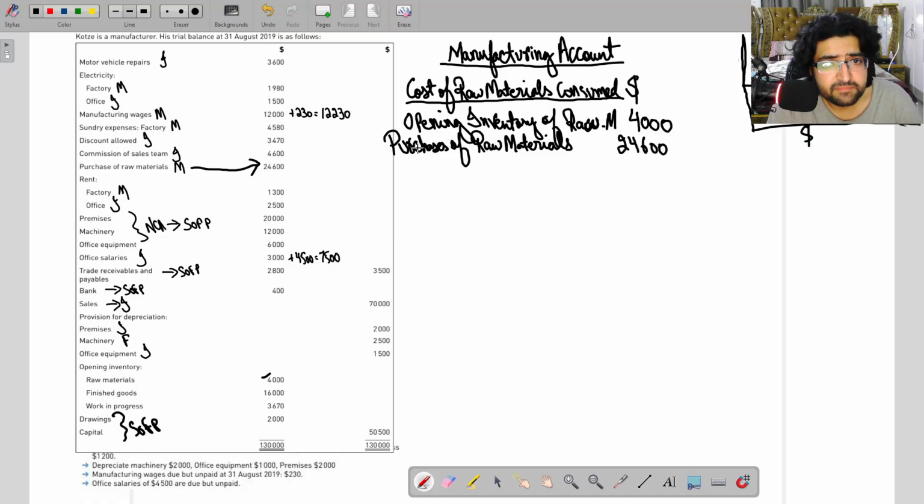After purchases of raw materials, do we have any purchase returns of raw materials? We have to find that. No, they are not given. Do we have carriage on raw materials? No, we went through the question and we did not find that, so it's not there. Ignore things that are not given. If purchase returns of raw materials was there, we will write less purchase returns of raw materials and then write the amount. If carriage inwards on raw materials was given, we will write carriage on raw materials and write the amount. It's not given, so we will simply do the last step, which is less